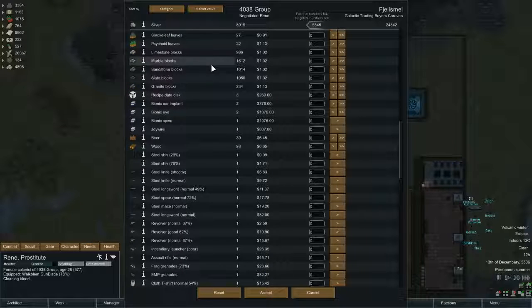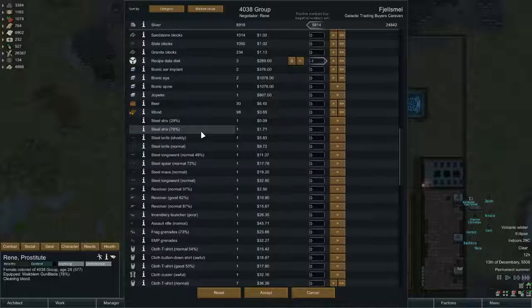Not selling the blocks because I was buying them earlier. Can sell a data disk, I suppose. It's a pity that these don't sell for more. I think it will cost me more to buy the plasteel than to sell the actual things. Which, as I say, is a shame, but...